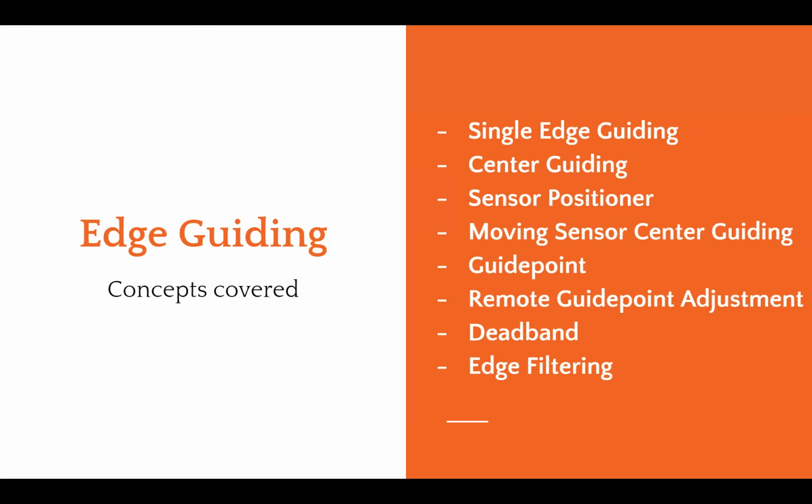So the key concepts that we will be covering in this edge guiding aspect of it is single edge guiding, that is guide the web based on just one edge. And then what is center guiding? And we'll also cover some topics about sensor positioners. There are different types of sensor positioners. What is a moving sensor center guiding system? Some of the later concepts or the current technology is related to what is called a guide point. So we will